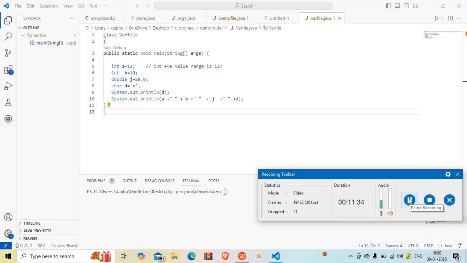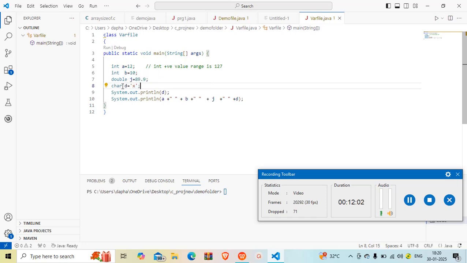Okay, so we have taken other data types here also, like double and character. And see here, A has value 12, B has value 10, J is the decimal point value 89.9. So I have taken double data type here because a decimal point value is always declared as double. Then X is a single character, denoted by single quotation marks, so its data type should be char. Now how is it printed?